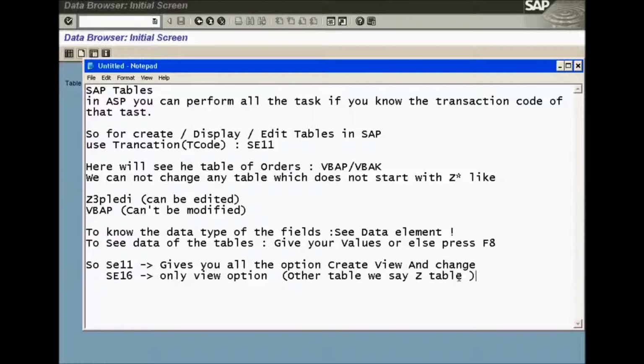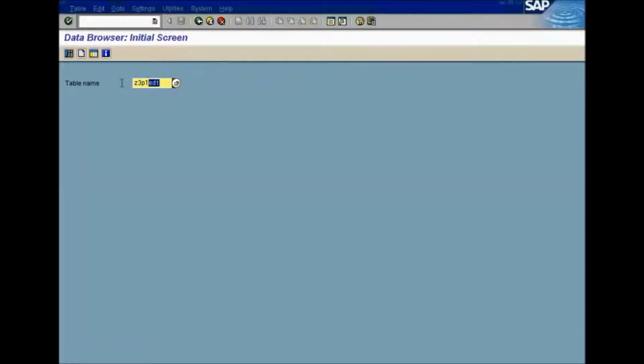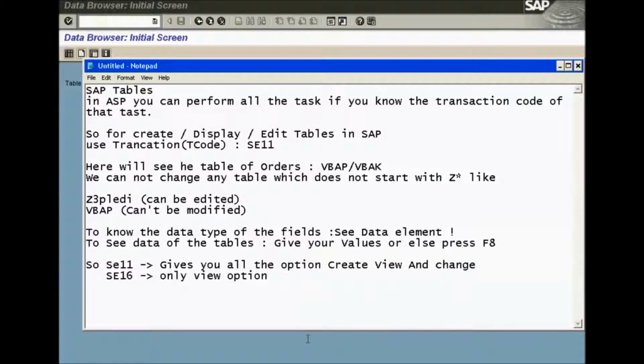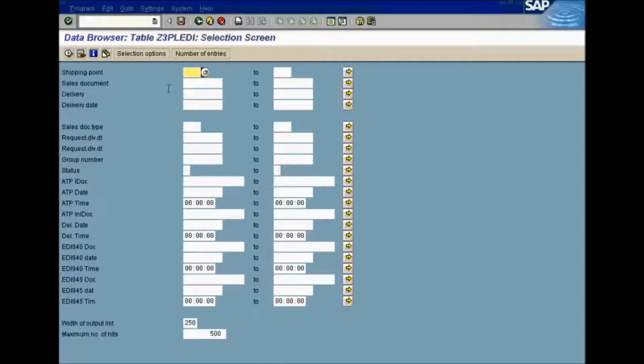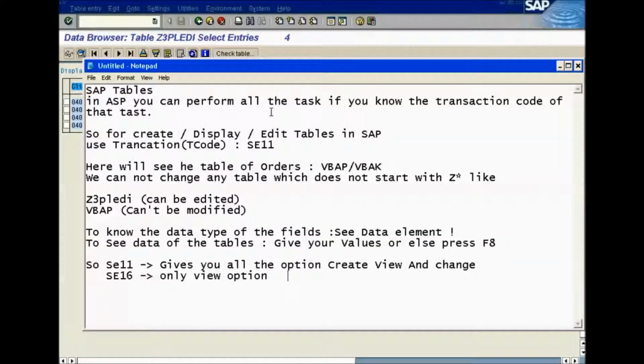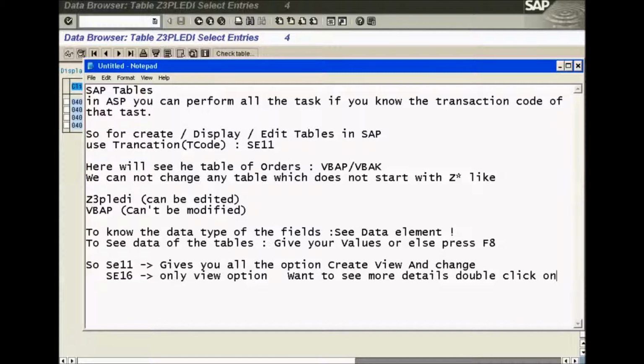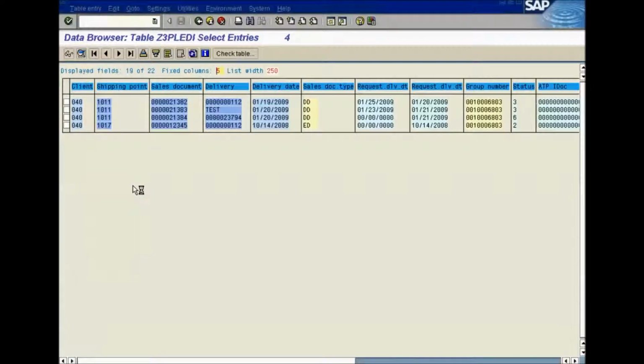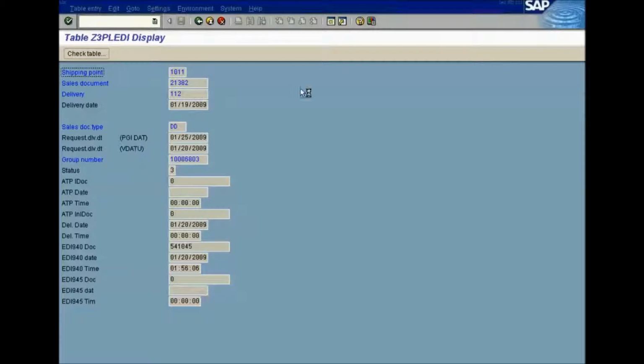There is a table maintenance. If you want to create an entry, if it is available for you in the system for a particular given table, you can also use SM30 for that table and create an entry into the system. So like this table, G3PLEDI, I would be using this if I want to create an entry, if by program I have access to it, or by some maintenance screen or some other way. Mostly it would be through SM30 or by some program that will make an entry to this particular table.